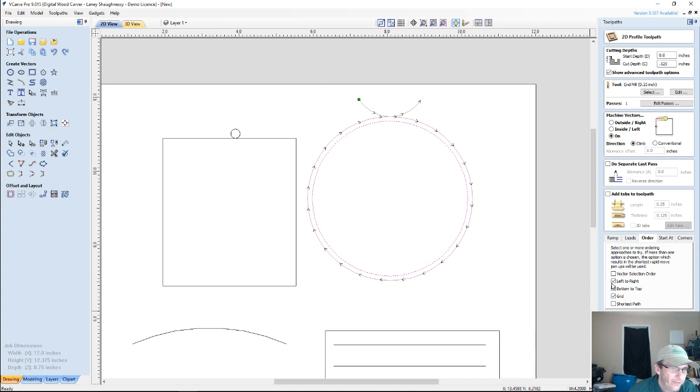Other than that default option, we could say use the shortest path, right? So it's going to pick the shortest path from point A to B. Where am I going to go to get me to the shortest path? Or we can use our vector selection order,